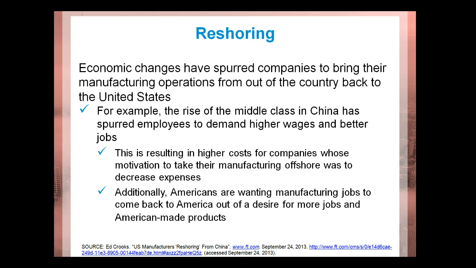Reshoring. There are also considerations with economic changes in the companies that allow their manufacturing operations to go to another nation or to come back to the United States. We are definitely shifting our emphasis on keeping the American workforce viable and very much a part of the process of delivering goods and services to U.S. citizens. And as such, reshoring has been another factor that's going to be moving.